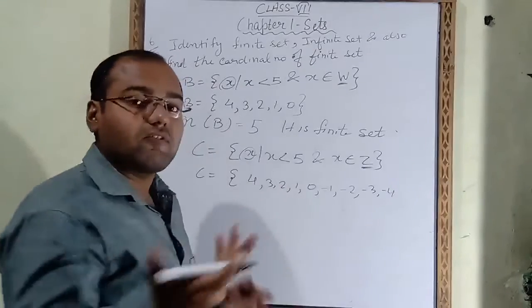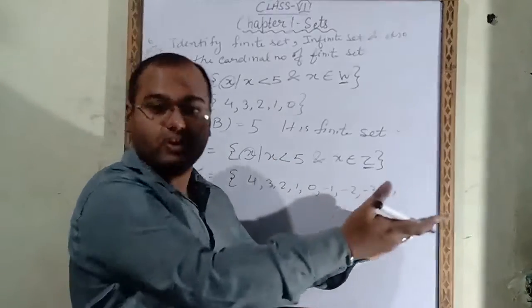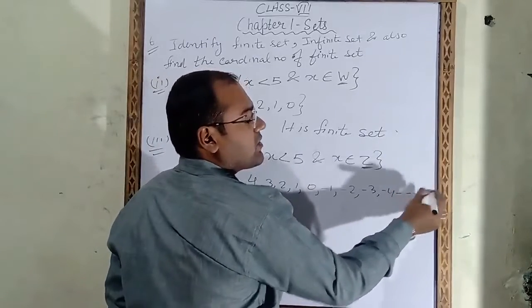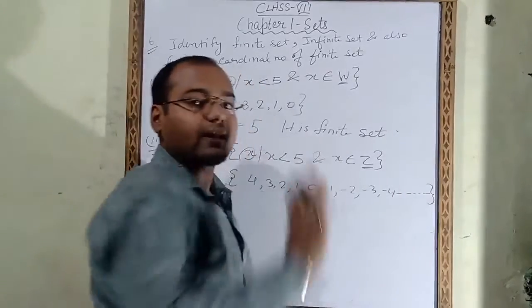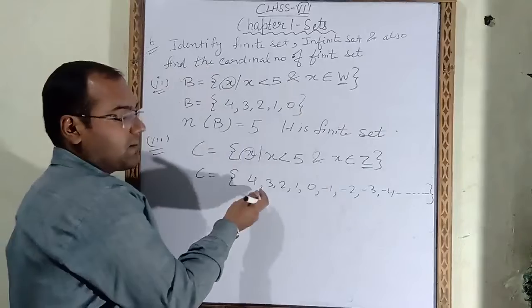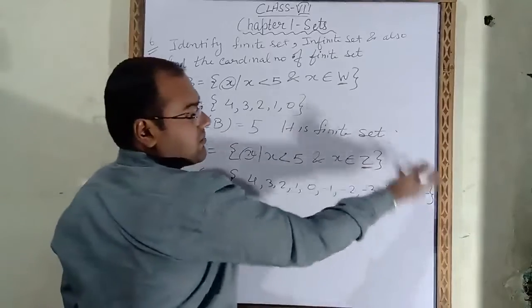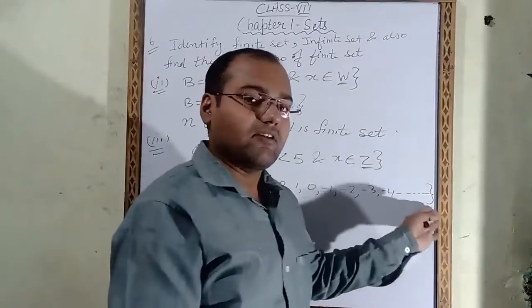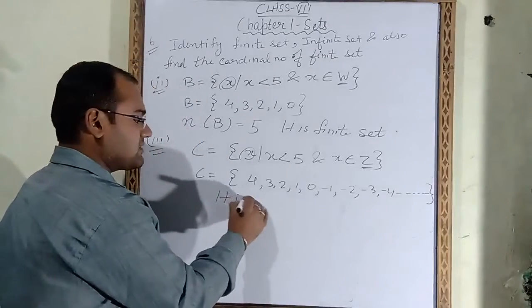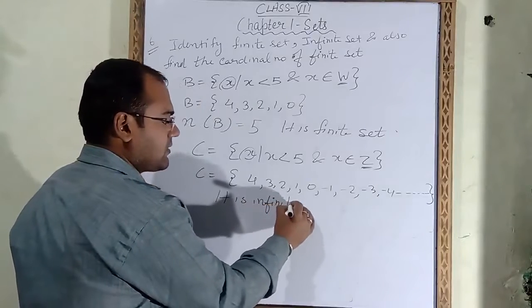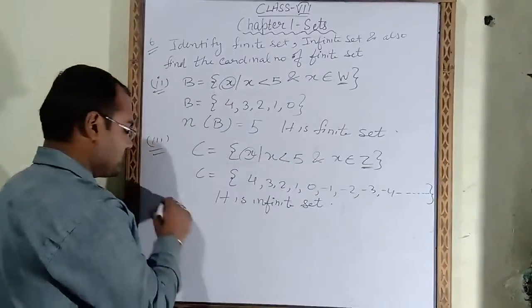He did not say till where we have to write. He just said x is less than 5. So we are writing less than 5, but it is not getting finished. Many more numbers are there. So we will put dot dot dot, which means so on. This answer will move on like that. So we will not be able to count these numbers. Why will we not count? Because we don't know where this series will end. We don't know the last number. That's why we will not be able to count it. So we will write it is an infinite set. Part number 6.